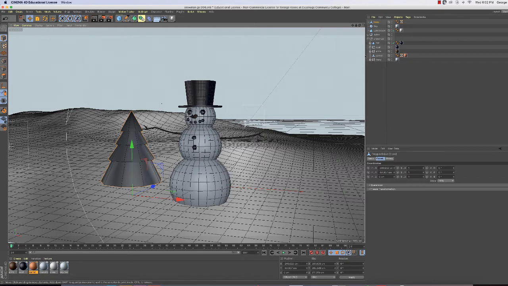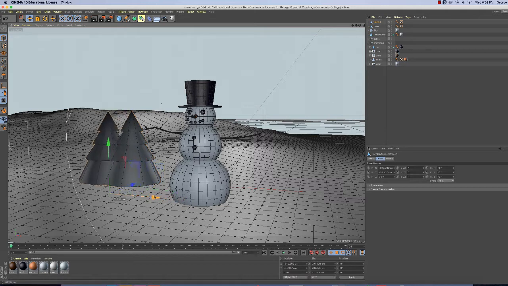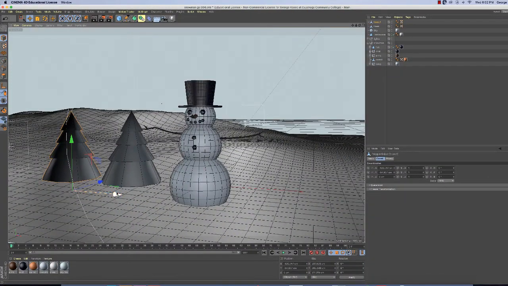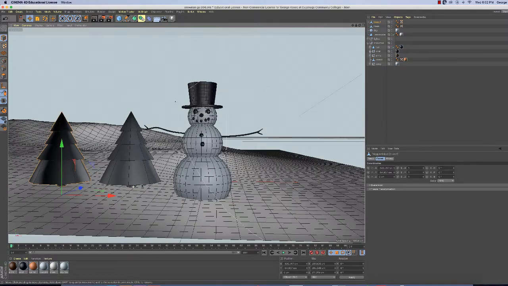So with the tree selected in the Object Manager, do a Command C or Control C to copy, then Command V or Control V to paste, and it'll paste in the same location. So I'm going to just move my second tree out of the way, and over here it went from tree to tree one, and I misspelled tree. I'm going to leave it as is, just for comedic purposes. All right. So anyway,